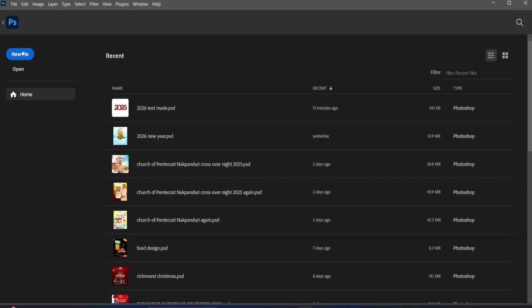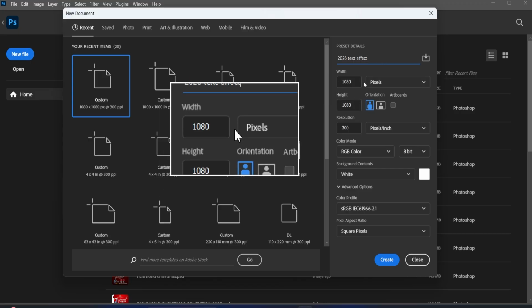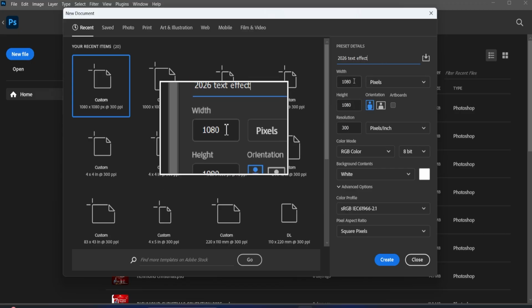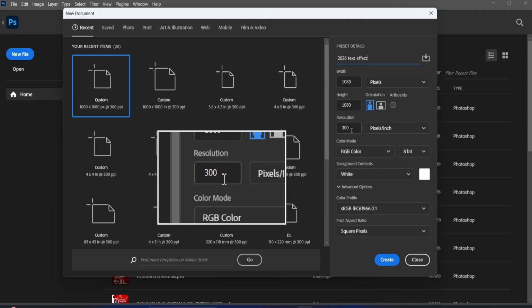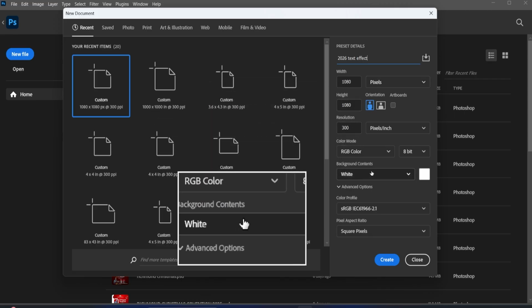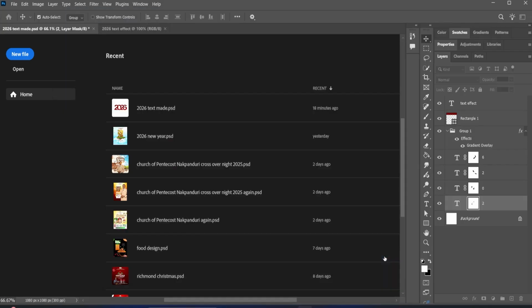So I come to new file, click on new file, and I'll name this 2026 text effect. For the size, width 1080 pixels, and for the height 1080 pixels, resolution 300, background white. Then I'll click on create,